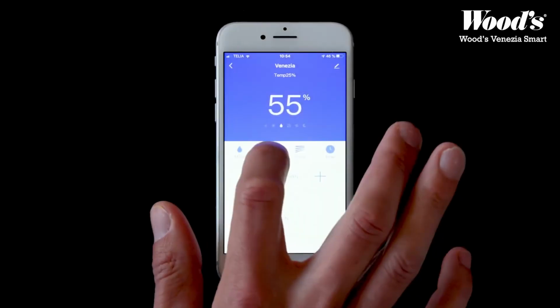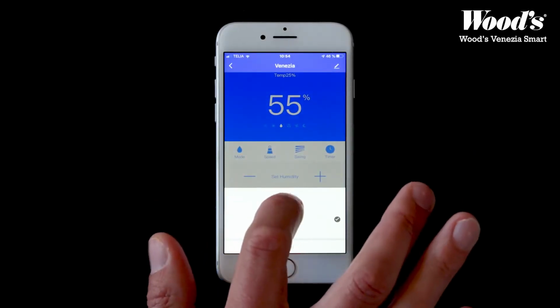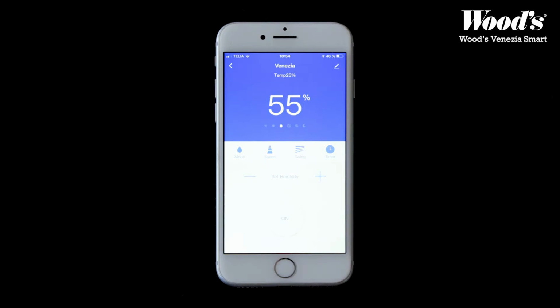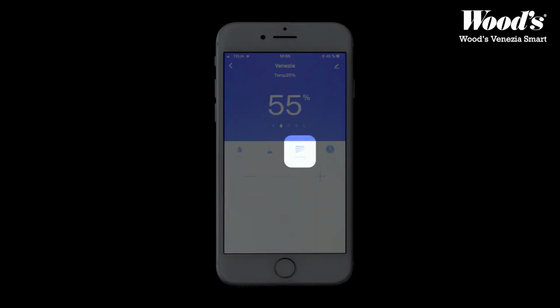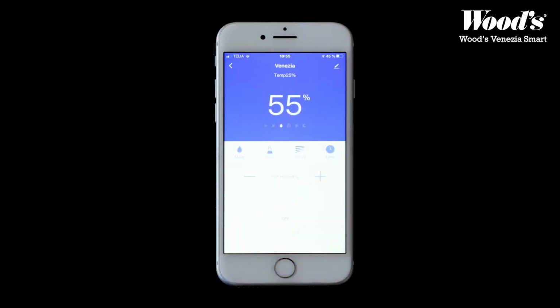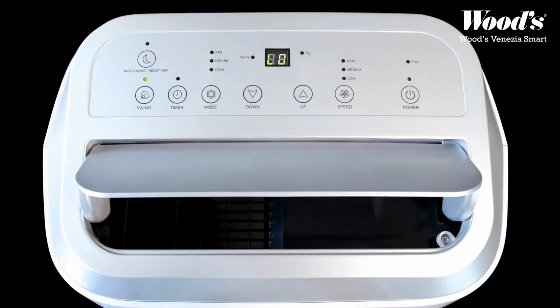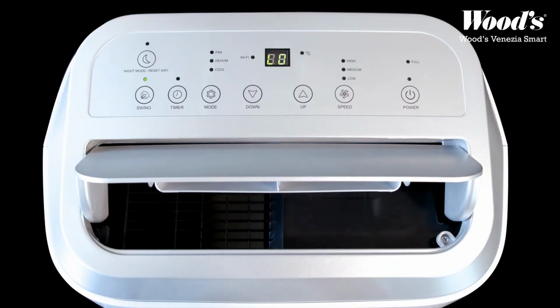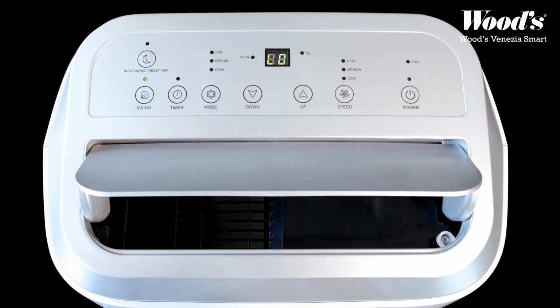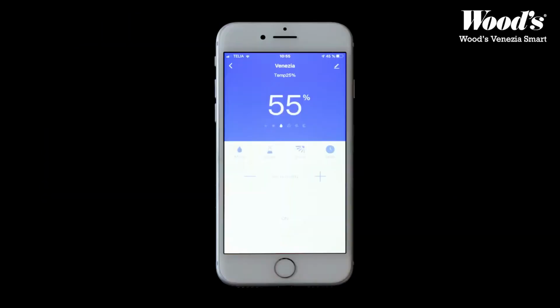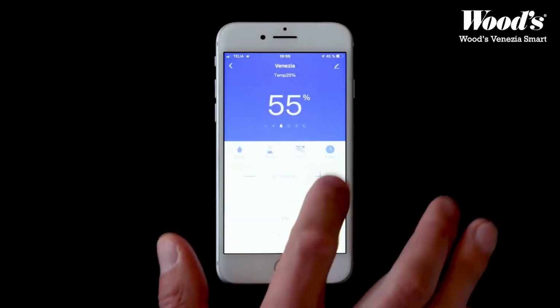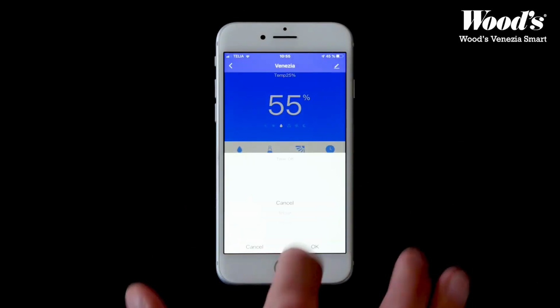In Speed Mode, you can adjust the speed of the fan. Swing will toggle the device to oscillate. Using the Timer mode, you can set when the device will turn off.